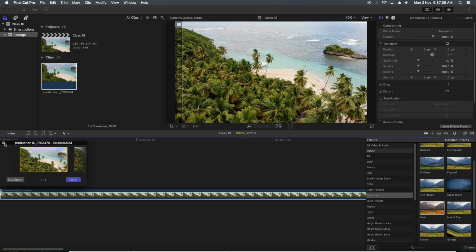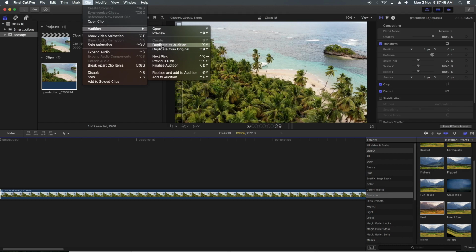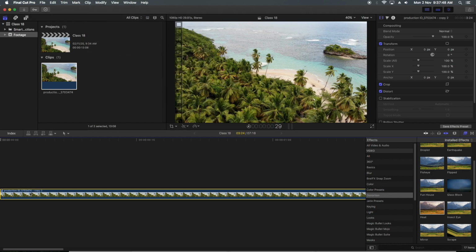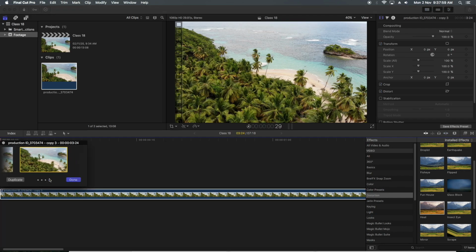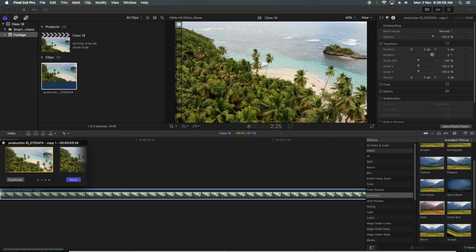Now how will this help us? Let's make another copy of this audition and duplicate, and if I again want to duplicate, I have to press option Y. So how many copies are there now? 4. If I click here, you can see there are 4 different copies, and the star part is showing which one we are viewing. This is our final right now.